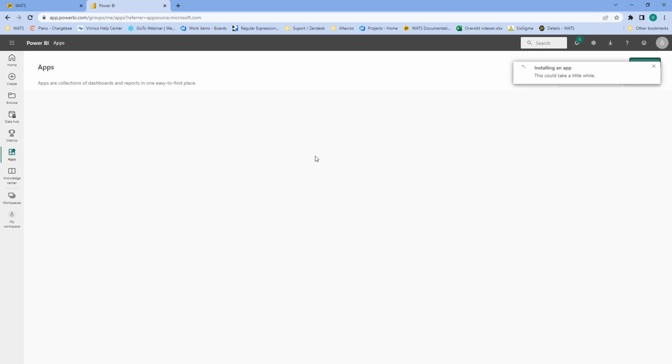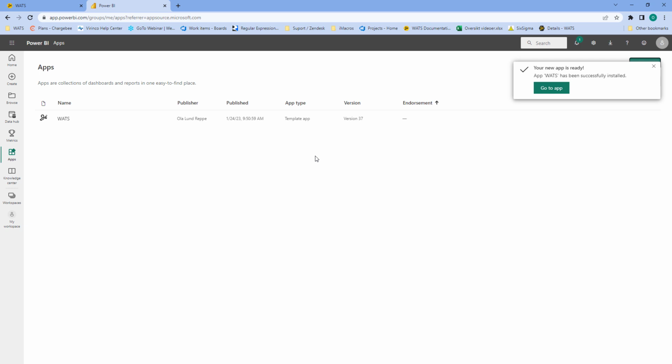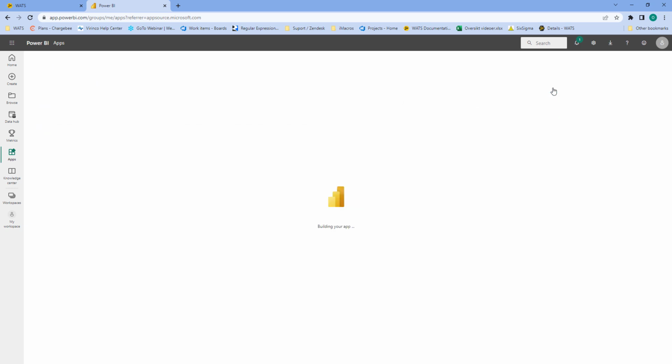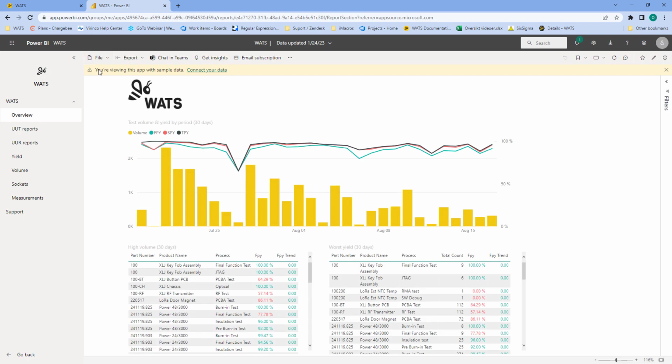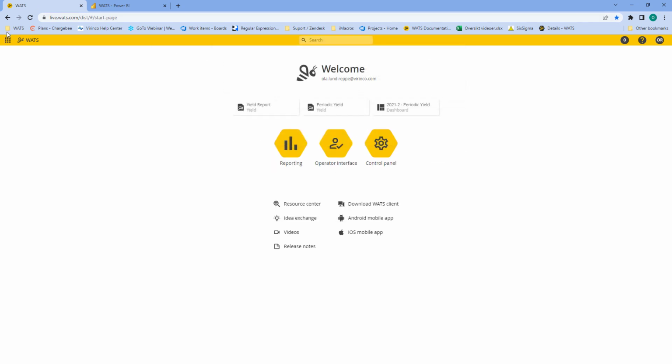So to review your own data, you'll have to authenticate, and we'll do that by going into WATS and creating an access token. So I'll go to the app, and as you can see here, you're viewing this app with sample data. So I'll go back into WATS, and I'm going to go into the control panel,